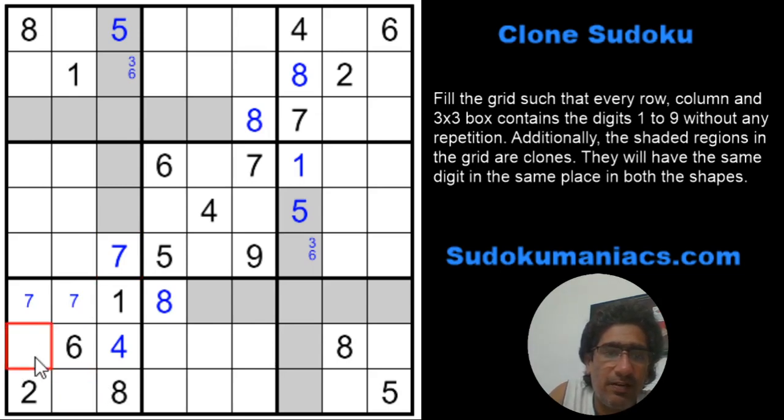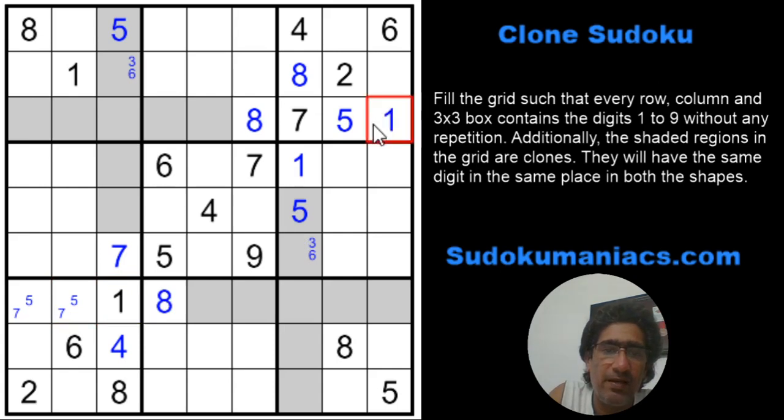This 5 will be in these 3. Okay, let's see. Oh, 5 again cannot be here. This cannot be a 5, so this is a 5. And since 5 is not one of these 5 cells, it cannot be in these. So this would become a pair of 5, 7.